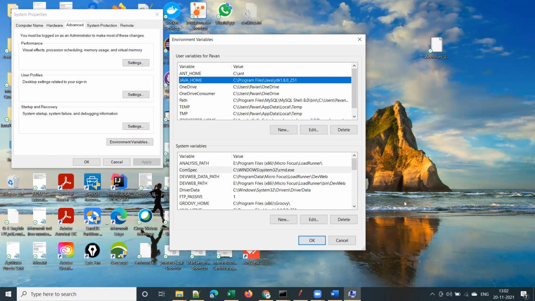There is one more user. Let's assume that my son is also using the laptop, and he wants some other Java version. So what he can do is create a user variable with this name, and give the corresponding folder path. Clear, guys? Guys, clear or no? Yes, sir. Are you sure? We'll ask some questions now.